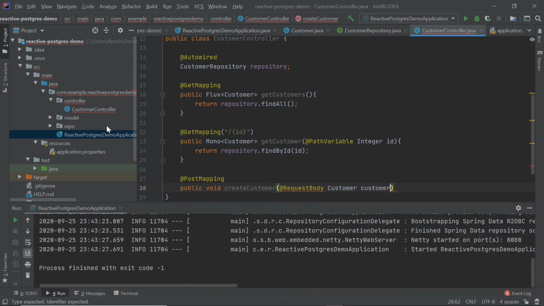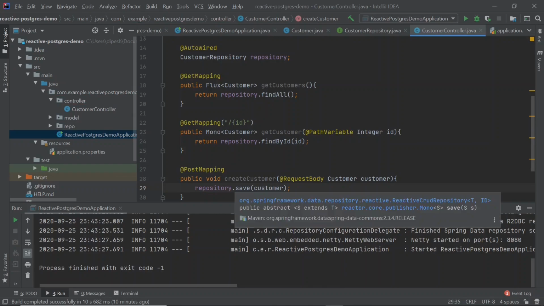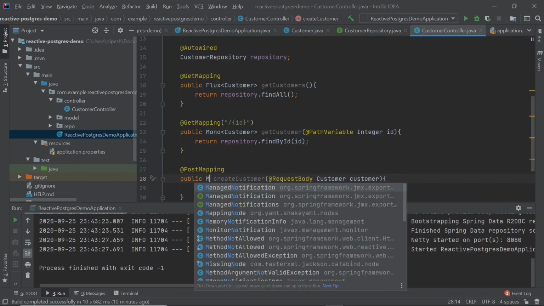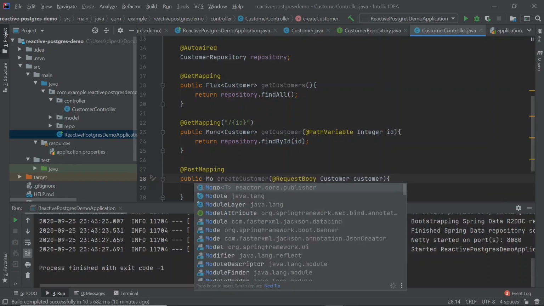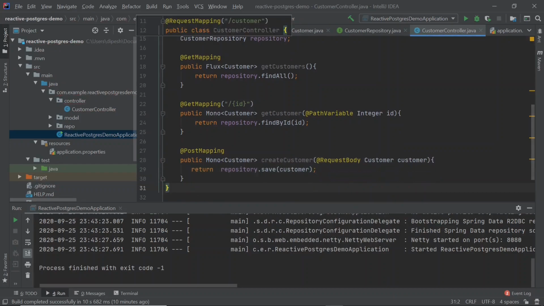We will expect a type Customer, and we are going to save this using the repository. Now the save also returns a Mono, so we can actually return Mono here as well. Okay, so the post mapping is done.